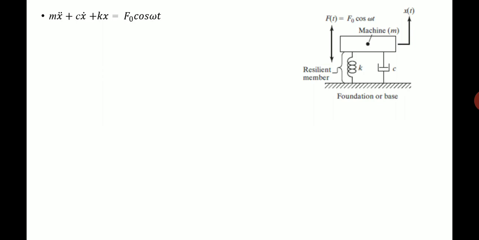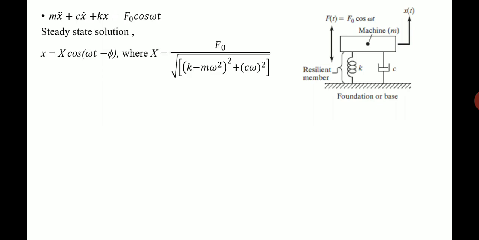So the equation of motion will be m x double dot plus c x dot plus k x is equal to F0 cos omega t. In the earlier equation we had written F0 sin omega t. Anyway, it's a harmonic forcing function. It can be cos omega t or sin omega t. Both don't make any difference. As you have seen, the steady state solution is the part for the particular integral which persists. The other part, represented by the complementary function, dies out after a particular time. So what persists is the steady state solution, x. As we have seen, x is equal to capital X cos (omega t minus phi), where X is equal to F0 divided by the root of (k minus m omega square) the whole square plus (c omega) the whole square.